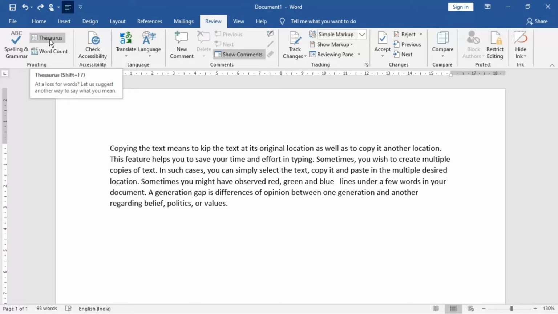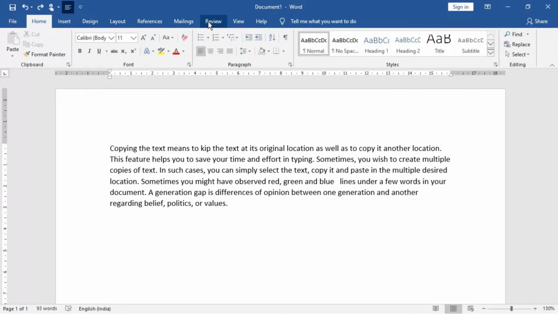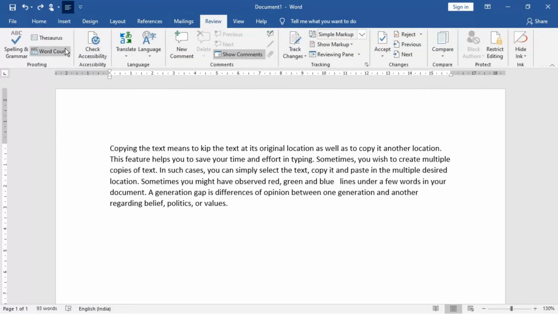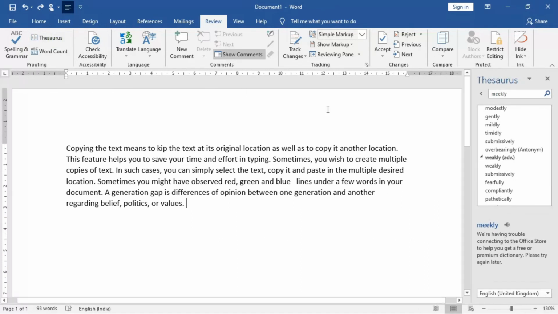So please note down the keyboard shortcut in a short notebook, and it will be handy at the time of functioning. All right, now suppose you are in the Home tab and you have to go to the Review tab, then it will show you the Proofing group, and you have to select the Thesaurus option. Fine. When the Thesaurus option is pressed, this particular pane will appear.